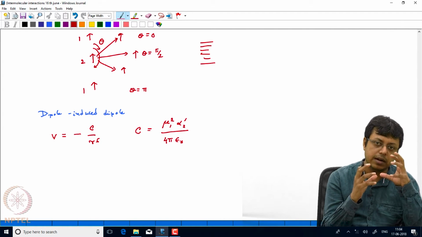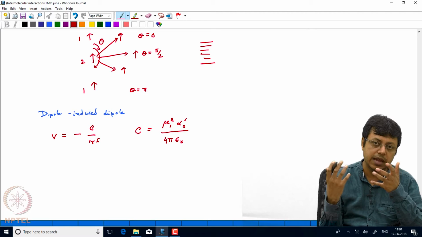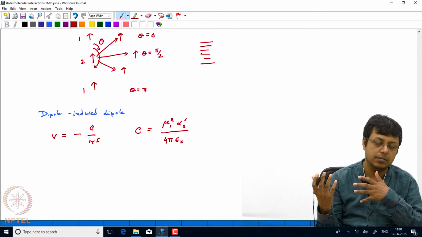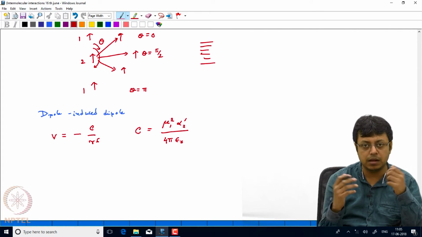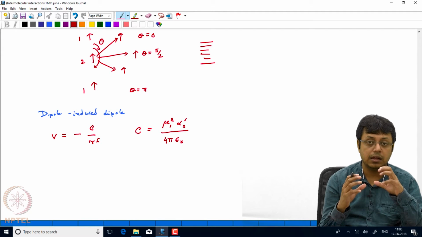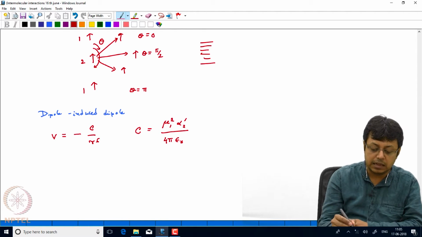So, momentarily you are creating a dipole all by itself. So, it is kind of an instantaneous dipole, and that instantaneous dipole can interact with another instantaneous dipole, or can induce another instantaneous dipole in the other molecule, and then they can interact with each other. The reason for this is that benzene or, say, helium gas, where we do not have a permanent dipole moment for the molecules, also liquefy, which means there should be some mechanism for this liquefaction, and that